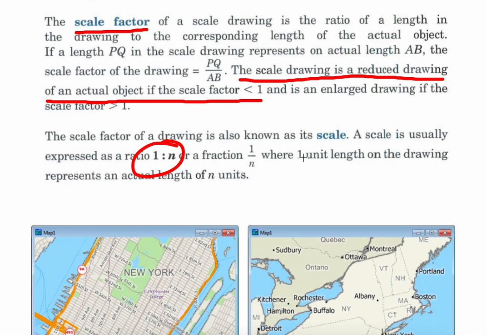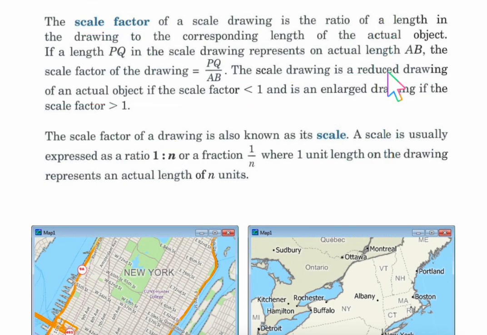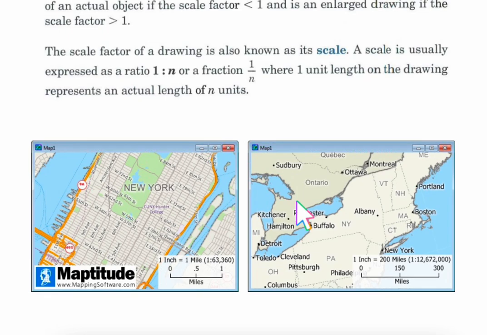So be sure that this stuff goes into your notebook. Again, I'm going to use this map as an example. So we have right here the legend, this scale, and the scale factor shows us 1 to, what is this,